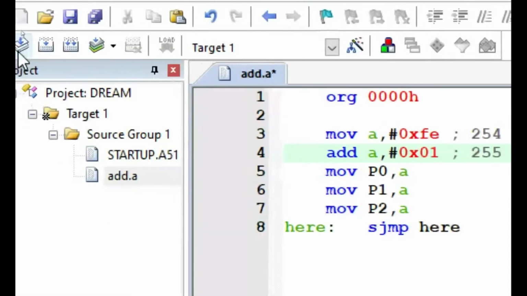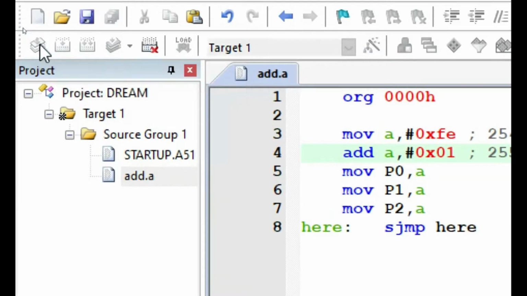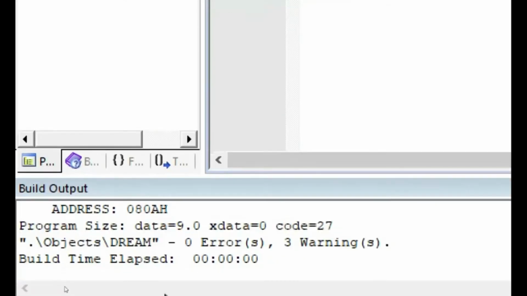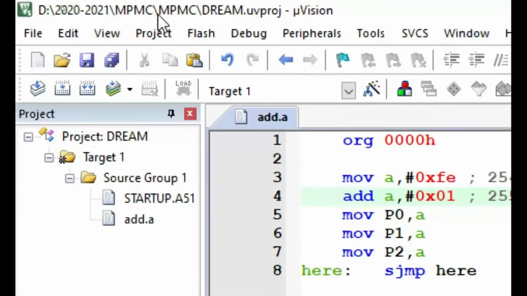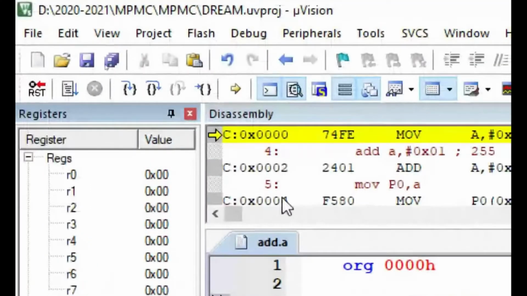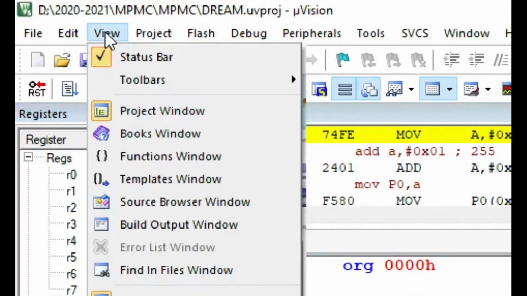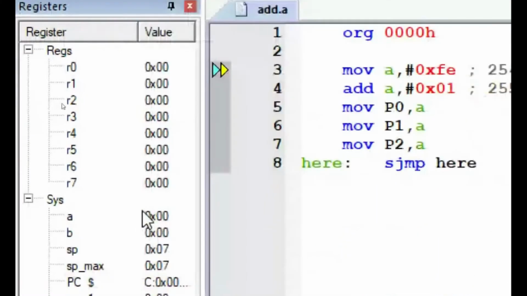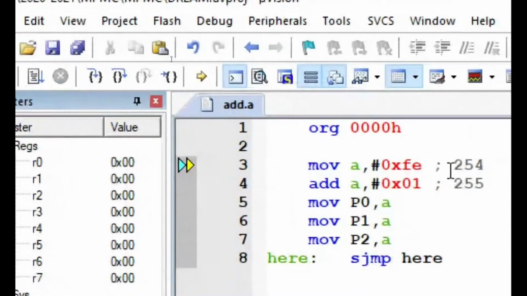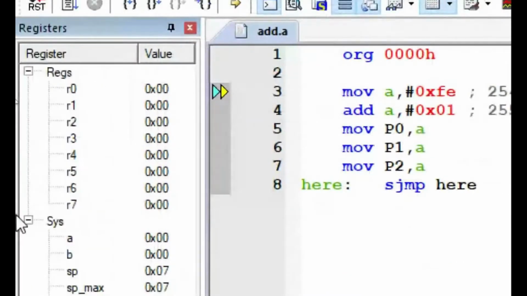Let us check whether this is happening or not. So as usual, compiling, building the code, checking for zero errors at the bottom. Yes, it is zero errors. Then going to the debug window, start stop debug session and click OK. Now, it is not necessary to always look at the disassembly window. If necessary, we can have it. Else, we can go to view and remove this disassembly window. Now only the assembly file will be there. So MOV A, #FE. Now the accumulator is here.